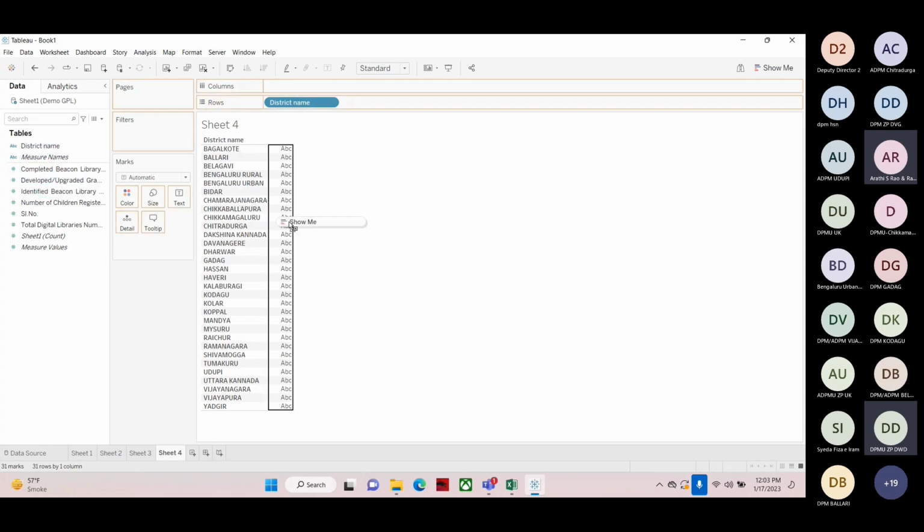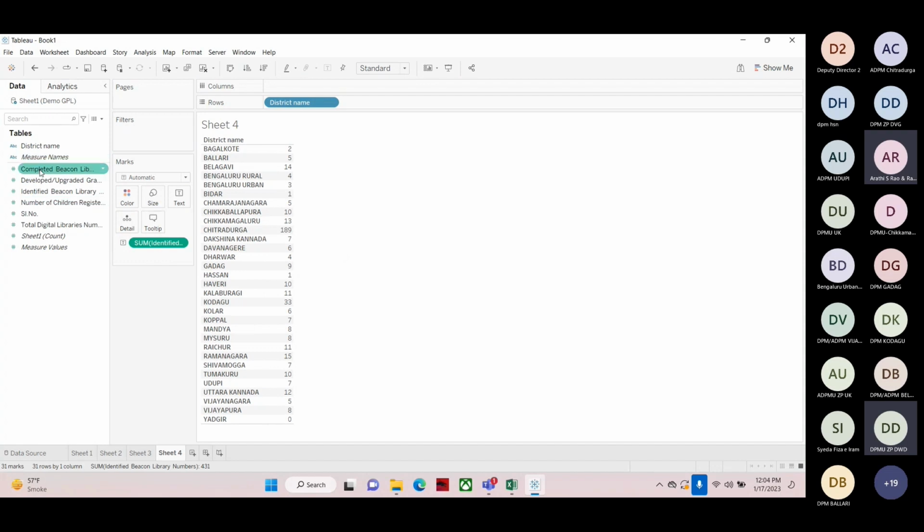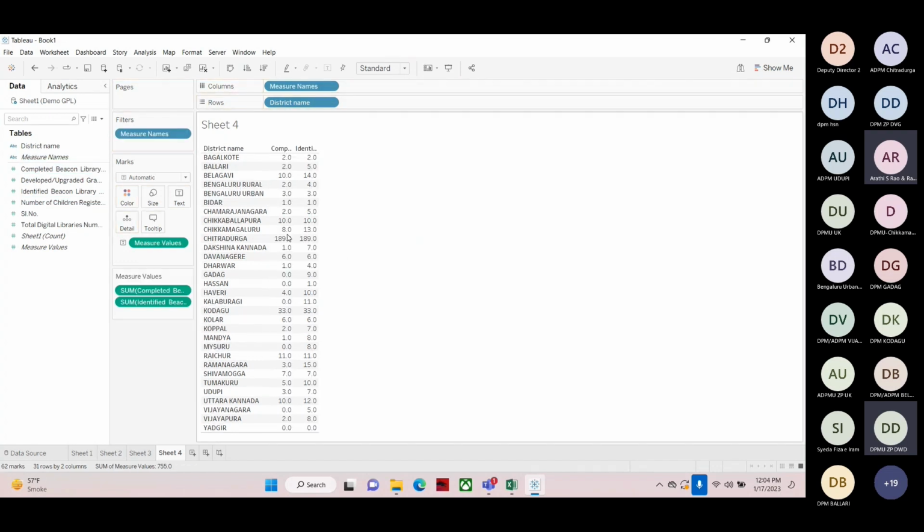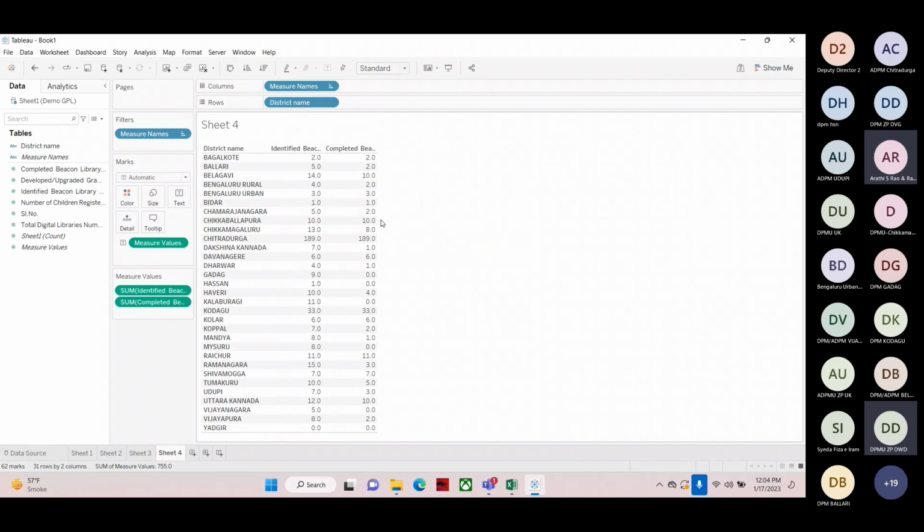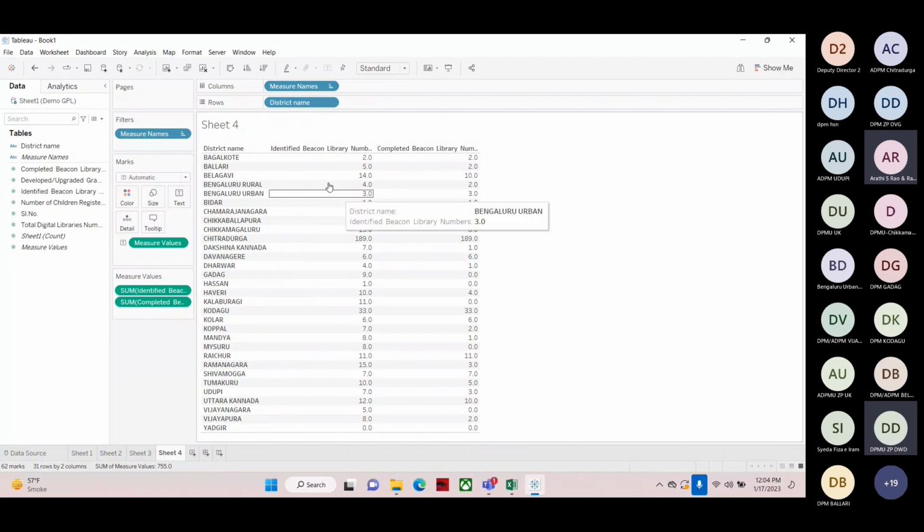Identified. Completed. We want to change the order. Simply drag it to this one. Now just rearranging to make it more clear. Now we want the difference of identified Beacon library and completed. Then, for this which is not existing in our actual data source or that Excel file which we are using,